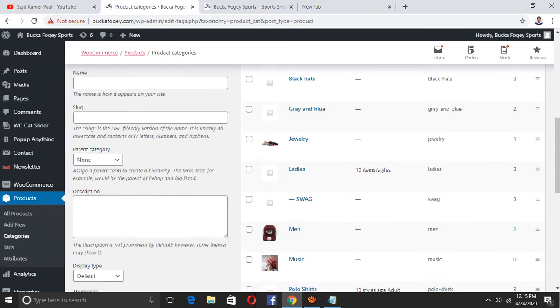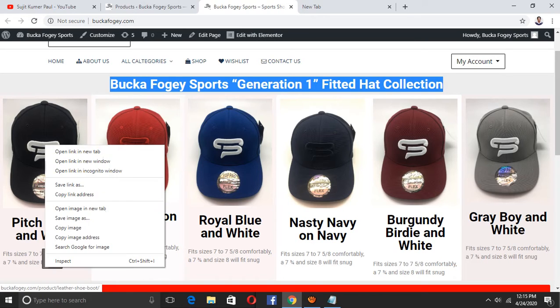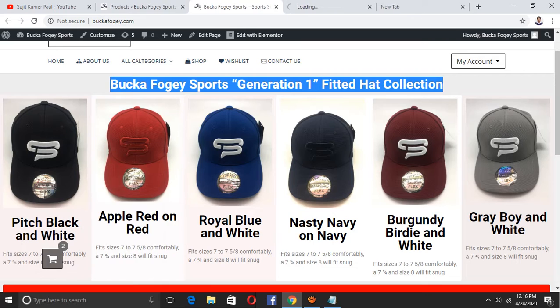Now I will show you an easy way. If you want to change the product image or information, click and open in a new tab.